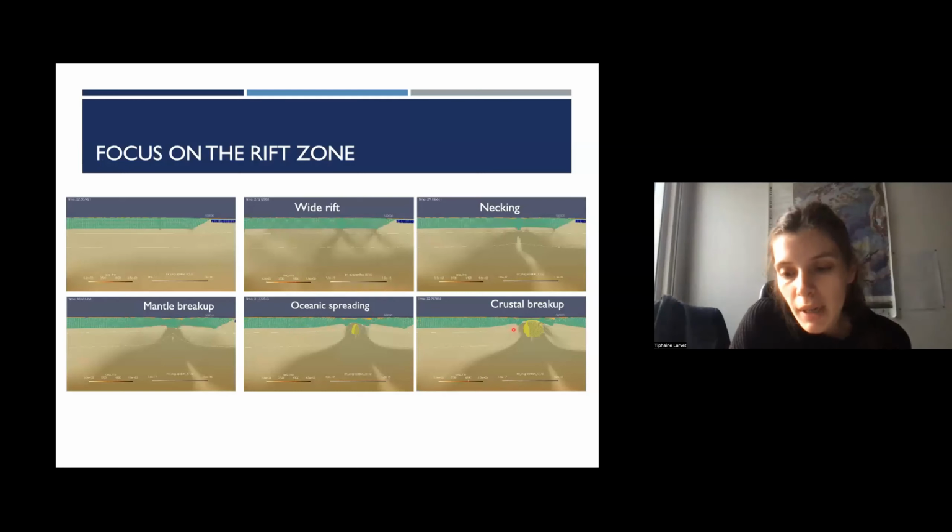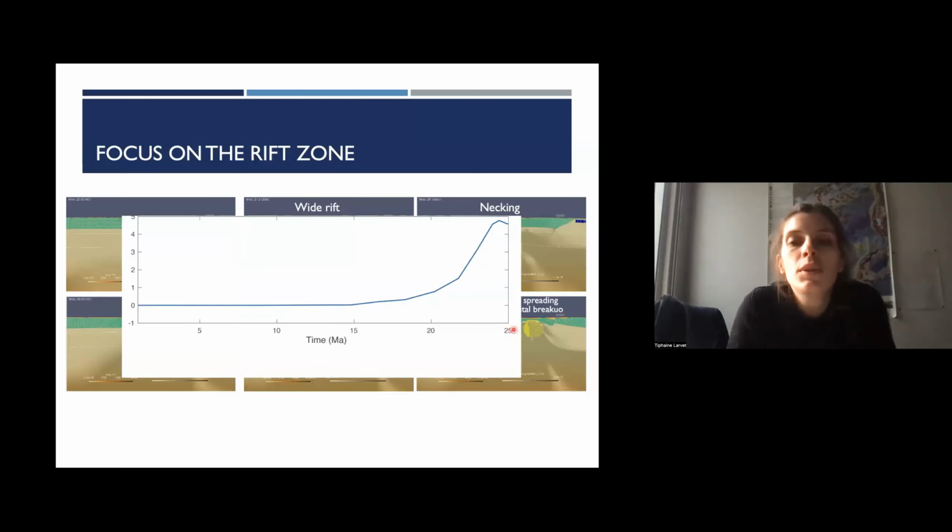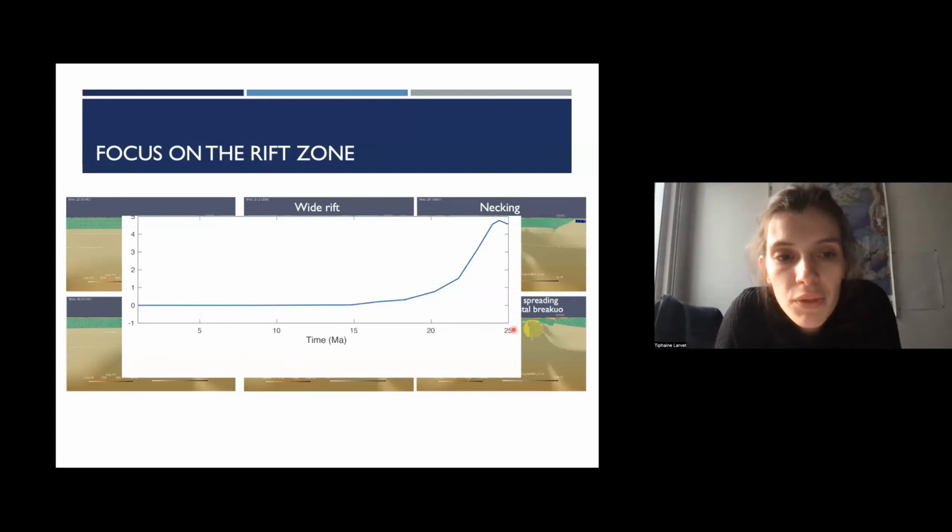What we plan now is to use the rift velocity extracted from my simulation in order to build a smaller model with a higher resolution, focusing on the rift, in order to study the rift formation of the South China Sea. Thank you.